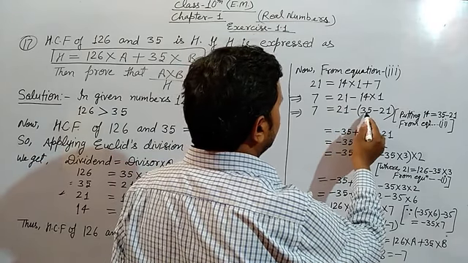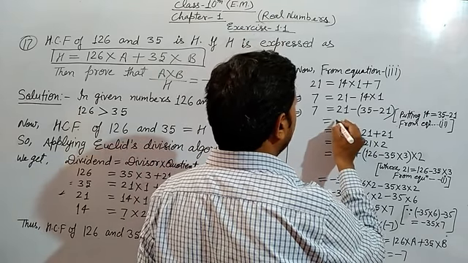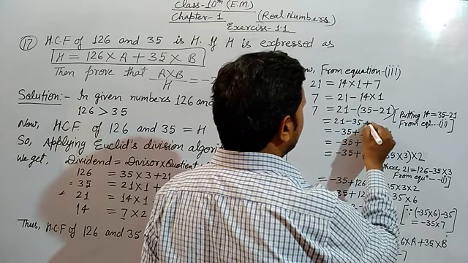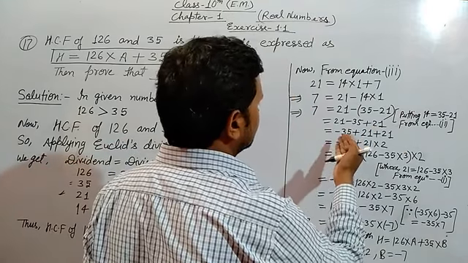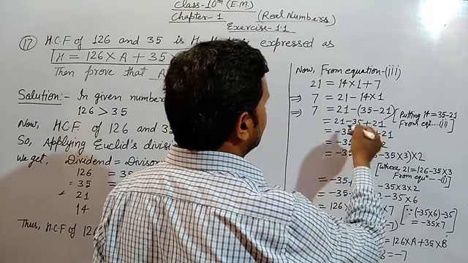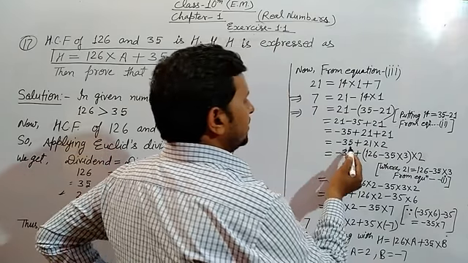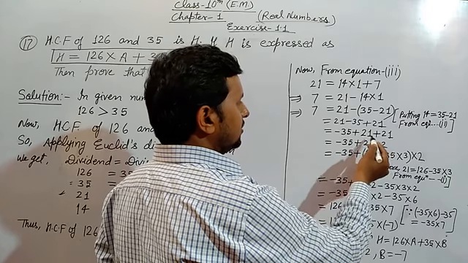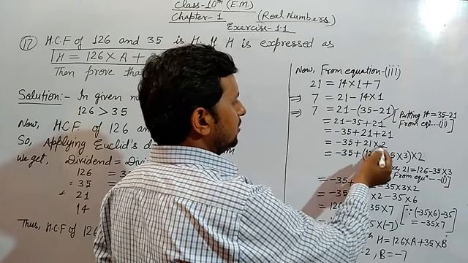Minus 35 we can get here, or in other words you can solve it easily as 21 minus 35, minus plus 21. You can write this step again. Now we have to change it. Here minus 35 comes first and 21 is second, side by side. We have to write minus 35 plus 21 into 2, meaning 21 plus 21. It is used here 2 times, so we can write it in this form as 21 into 2.